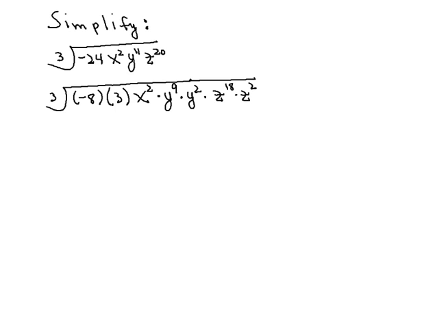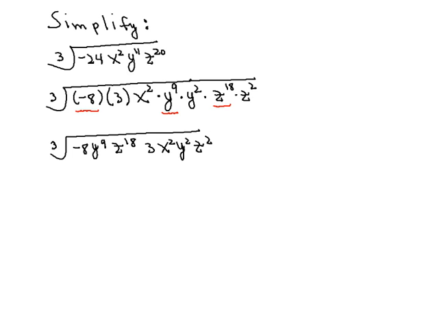Now, as we did in the last example, what I'm going to do is to underline those factors that are perfect cubes. So that would be negative 8, y to the 9th, and z to the 18th. So we'll rewrite the radicand by putting those factors in front. So then we'll have the cube root of negative 8, y to the 9th, and z to the 18th. And what we have left over then will be 3 x squared, y squared,